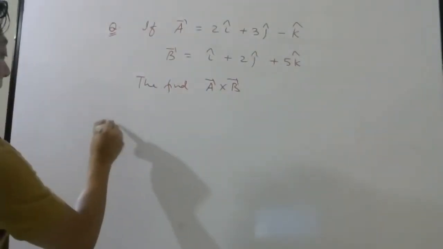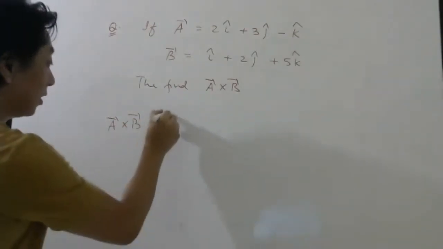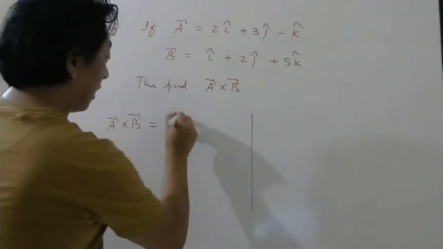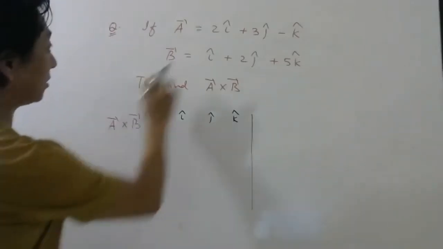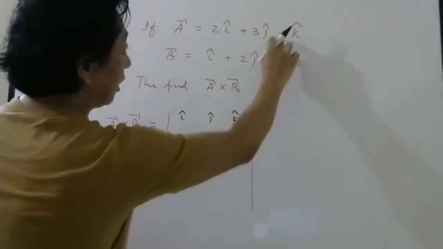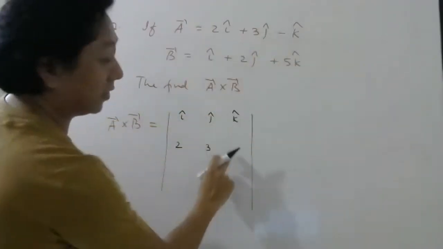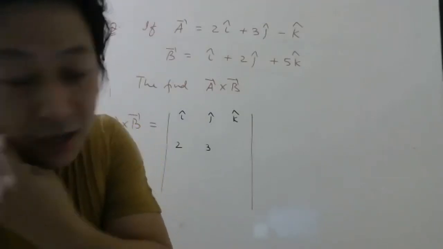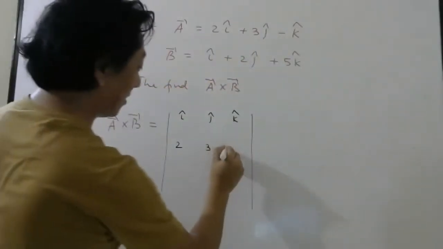So let us start. So in exam, how will you do? First, you write this. This is the question, A bar cross B bar. So draw these two lines. Listen carefully. Here i cap, here j cap, here k cap. Now write components of A bar. What are the components of A bar? X component is 2. This is 3. And for A bar, what is the Z component? It is 1, Spandana? Sujal? This minus is for decoration. It's minus 1, no? It's minus 1.